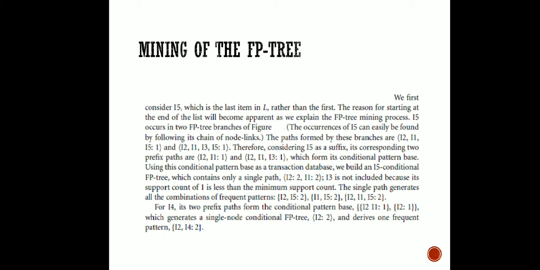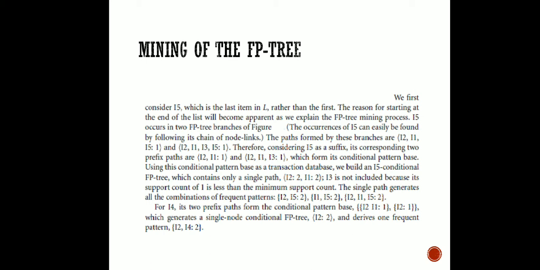So here I2 occurs twice, I1 occurs twice, and there is no chance of including I3, because if you remember our example, our minimum cutoff was 2, right? So if we set the minimum support count as 2, definitely we are going to discard I3. Can you see here the pruning happens? We are just pruning out I3, right? So here I2 occurs twice, I1 occurs twice.